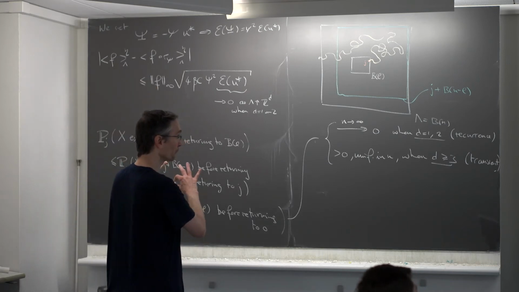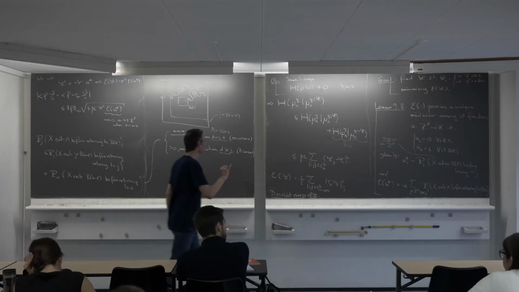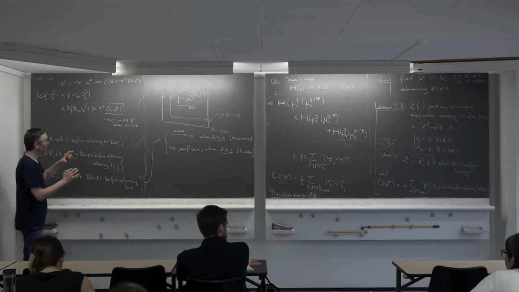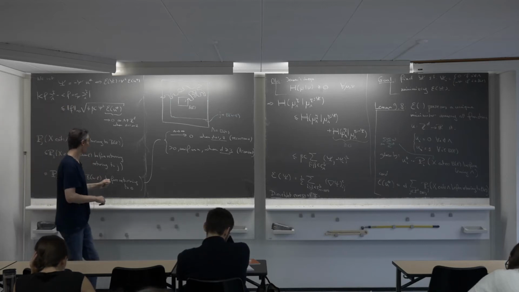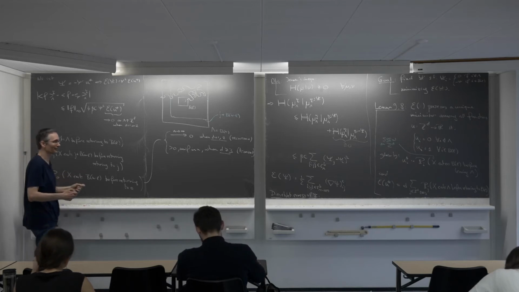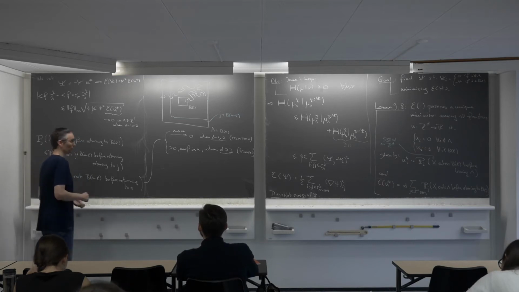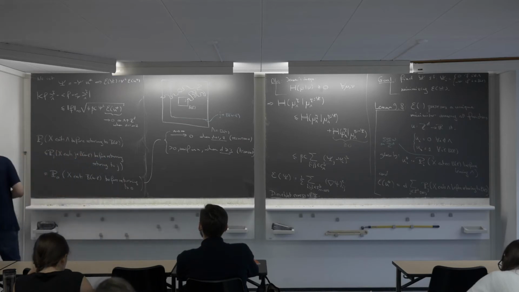Okay, so this concludes the proof of the Mermin-Wagner theorem, provided I prove this lemma 9.8. Of course, in the statement of the Mermin-Wagner theorem, I gave quantitative bounds on the decay, quantitative bounds on this difference. This you get by doing random walk estimates to get quantitative bounds on this probability. So this is something you can do. It's classical, but it's just random walk estimates. I don't want to discuss that, otherwise we will not have time to do anything else. Okay. So let me explain how you prove this lemma 9.8.